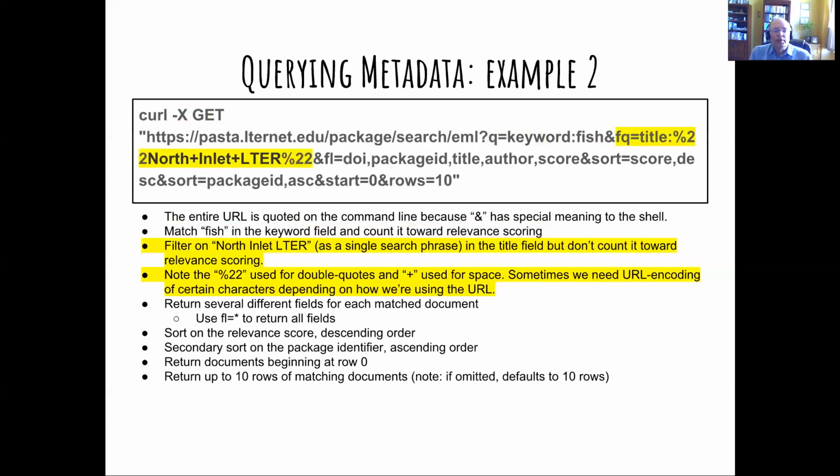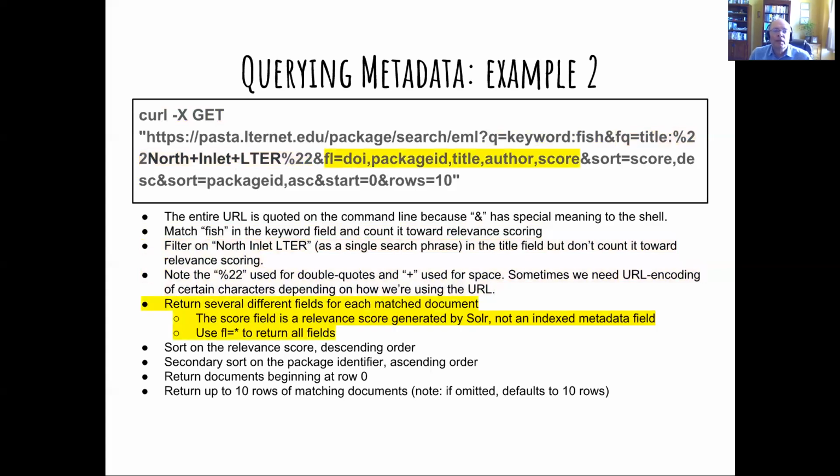Note the URL encoded characters around North Inlet LTER, as well as the plus signs between the 3 words. %22 is the URL encoding for double quotes, which was necessary here because we already have a pair of literal double quotes surrounding the URL. Next, the plus sign is used within URLs to represent a space character, or you might also see %20, which represents the same thing. The third query parameter, FL equals DOI, package ID, etc., specifies the list of fields that